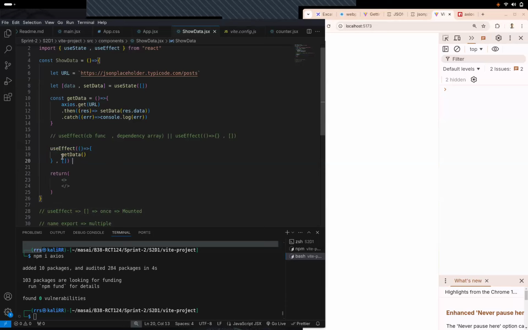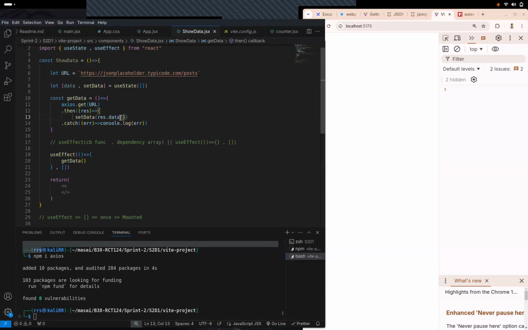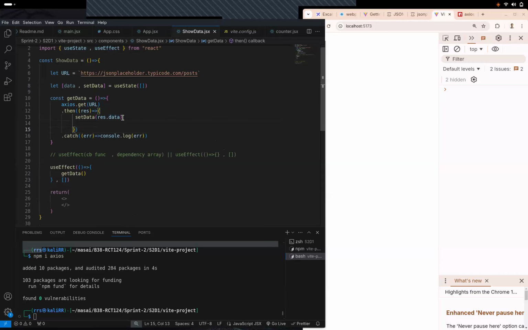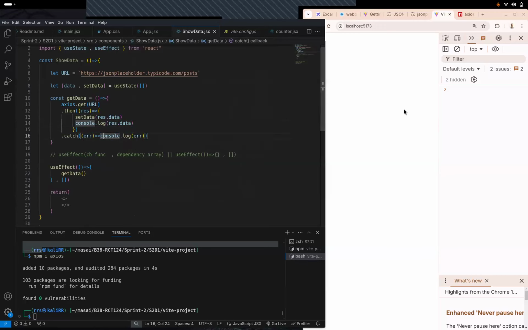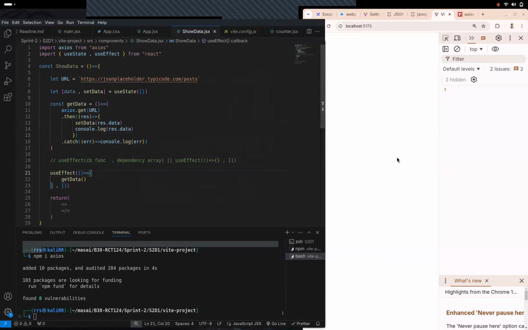Now, once this page loads, let's say I put this thing in here and write a console statement over here. If I write console.log res data over here, I'll just print it when the component is mounted. Yes, जब component mount होगा, then only I'm gonna print it. Are we getting anything in console? What might be the reason?